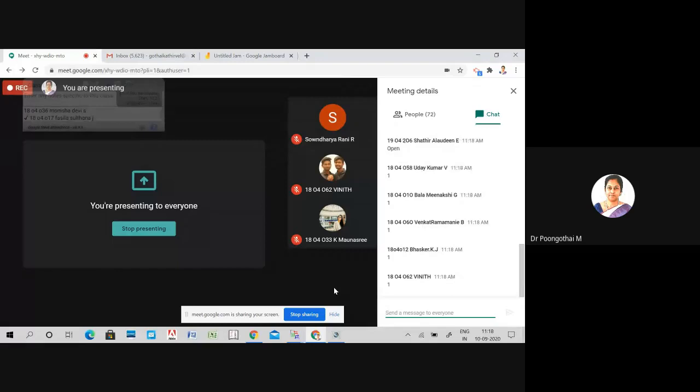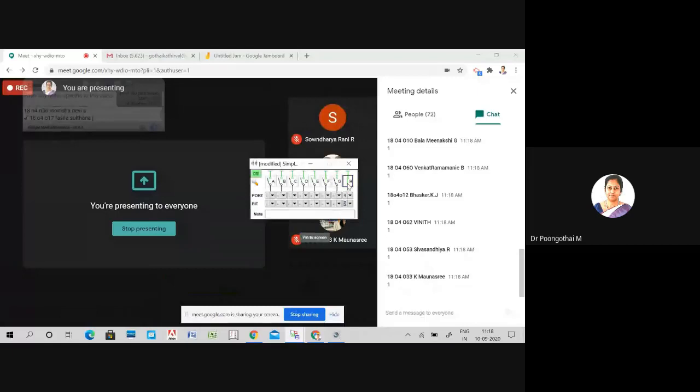Okay, so next situation, suppose it is closed. Then your P1.2 is going to be 0. So based on this logic, your program will work. When it is open, your P1.2 is equal to 1. Otherwise, your port 1.2 is equal to 0. So first set P1.2 with the switch open. Let's see what will happen.